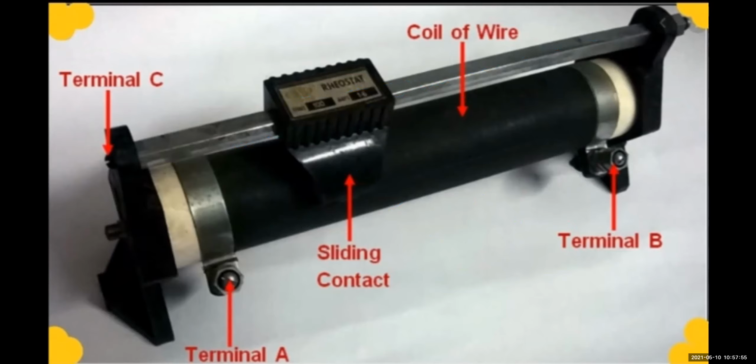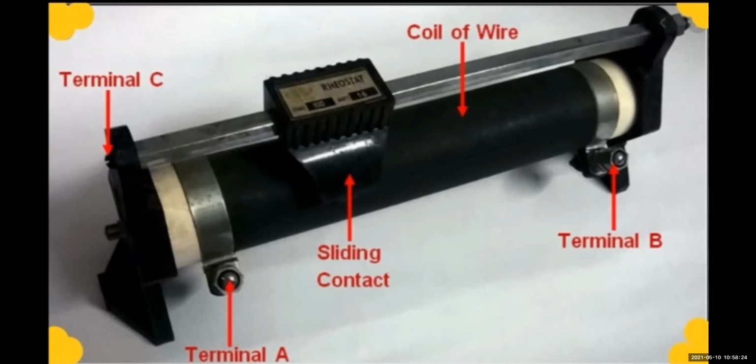So when we are going to do the practicals, we are going to use this rheostat. Children, the rheostat is not going to change the voltage of the battery. The voltage, the potential, will remain the same. But what are we changing? We can change the resistance of the circuit. We can either increase or decrease the resistance of the circuit using a rheostat, which is also known as a variable resistance, meaning we can change the resistance.